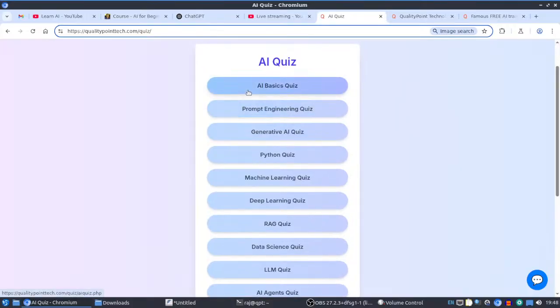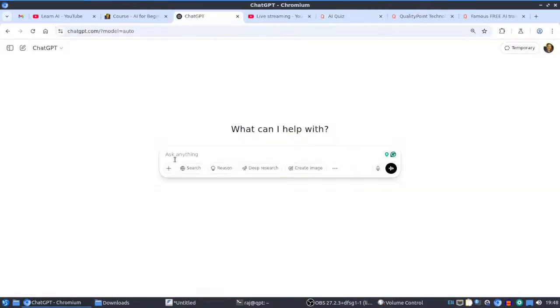Here you can start with the simple basics topics first, and you can just test your knowledge. And if you don't know the answer to any question, you can just learn about it. Maybe you can use ChatGPT here, right? In ChatGPT you can ask anything. ChatGPT is the best way of learning anything, not only AI. For any kind of technology or any kind of arts or any kind of knowledge, we can easily gather from